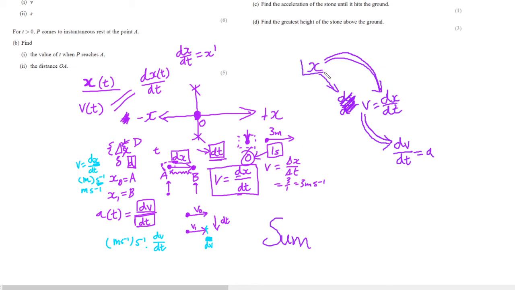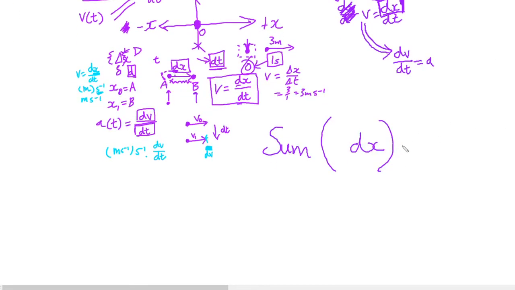So if x is its position and dx is a change in its position, then you'll want to sum all of the little dx's until you get